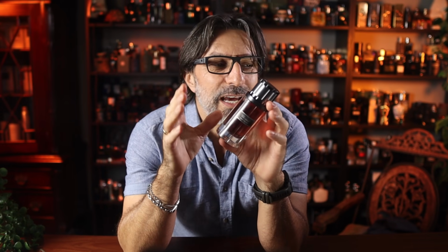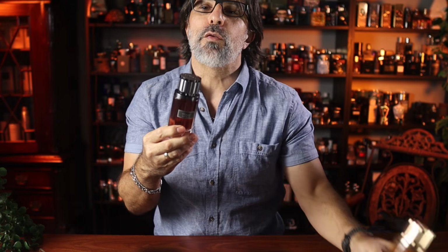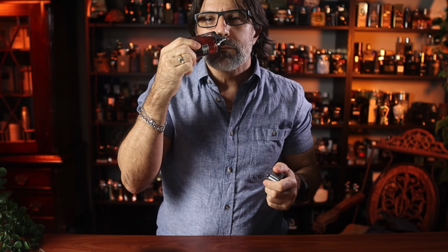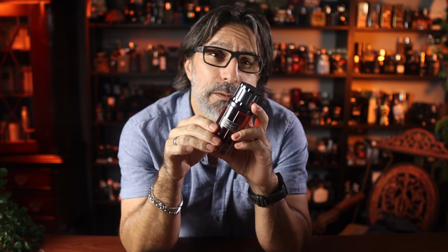Rose Malaki is a kind of a woody rose that is sort of held up by the coziness of the original, sort of in the background, the Oud Malaki. So you got some rose and the Oud Malaki is sort of in the background. Super well done. It is easy to wear for a guy as well as a woman, I think, with only